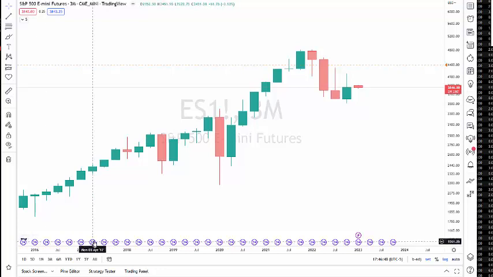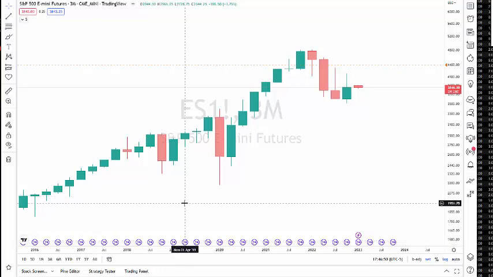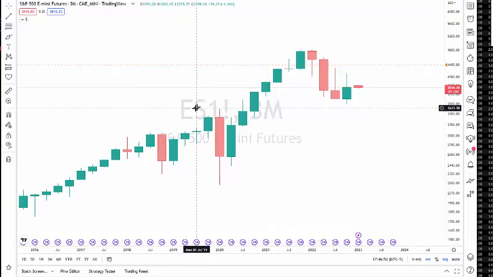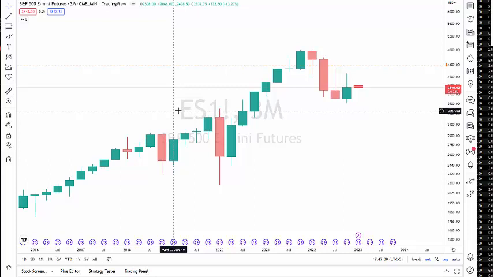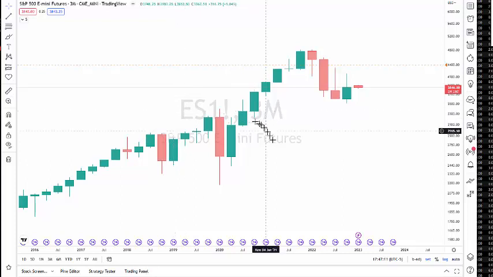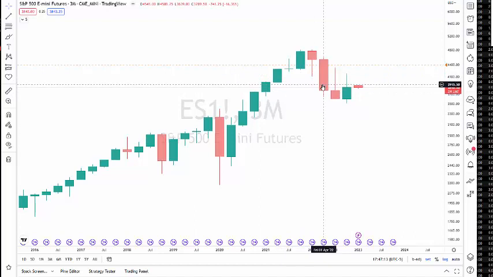Here's a simple chart of the E-mini S&P 500 futures. We put this time frame on a quarterly basis to get a good view long-term, okay? And we could even go back to everything that happened in 2000, 2008, and compare exactly what's going on now compared to those 2 points in market history where we did go down drastically. Each bar here represents a quarter.